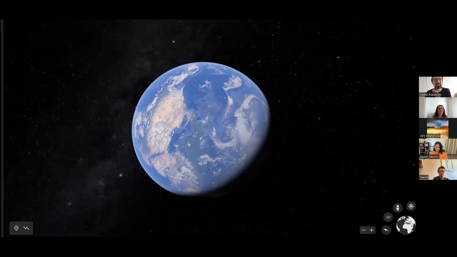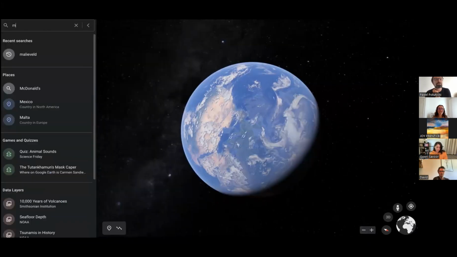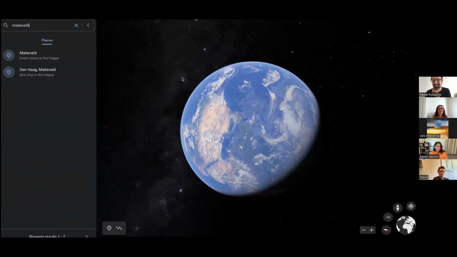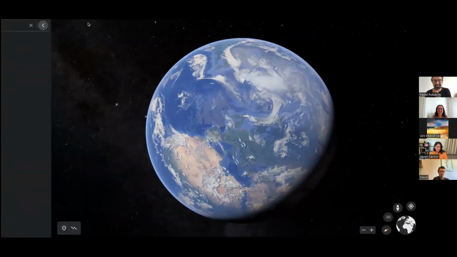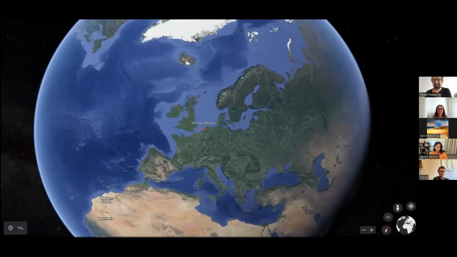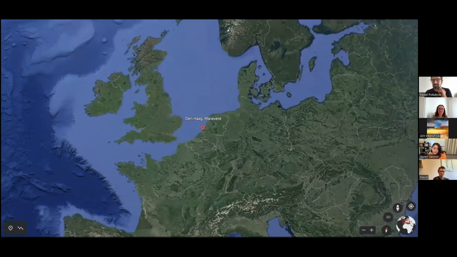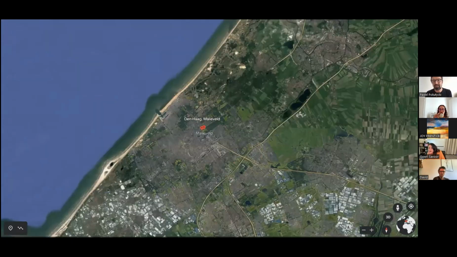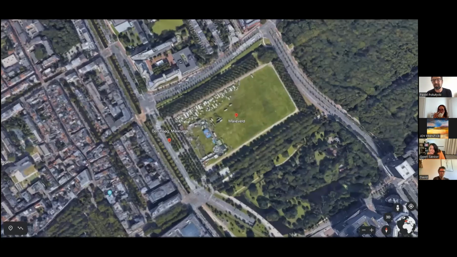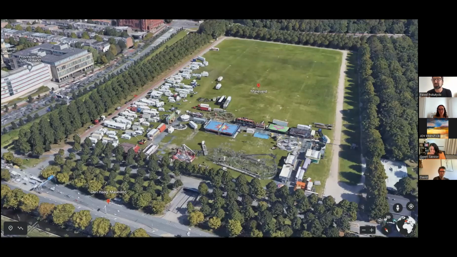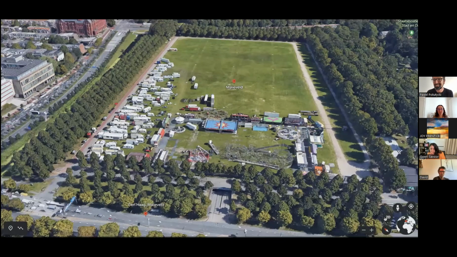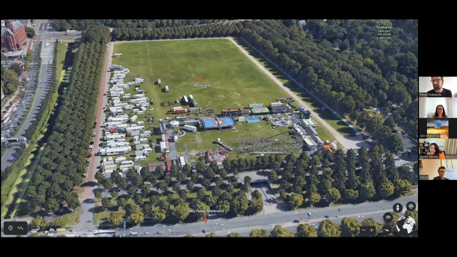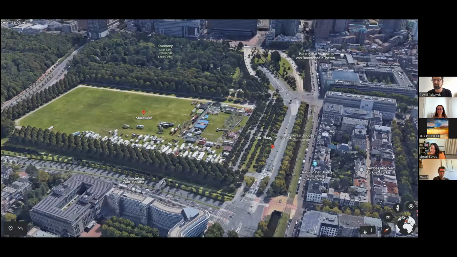Let's situate it. Let's go locally here. Okay, to Malieveld. So this space, it's even in the Dutch constitution that you cannot build any permanent things on that field.